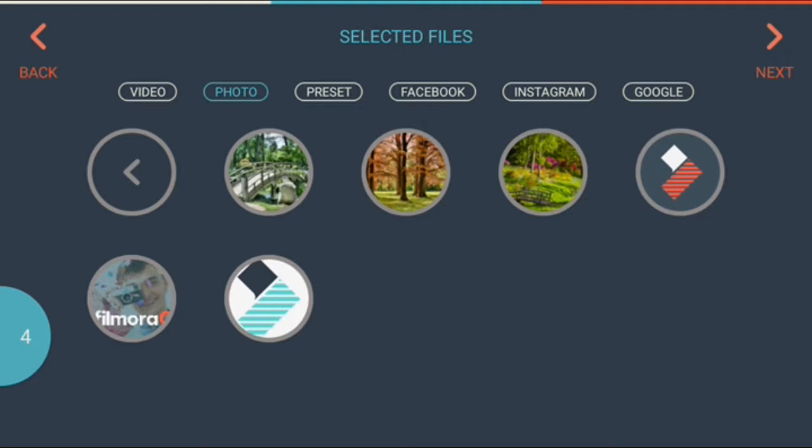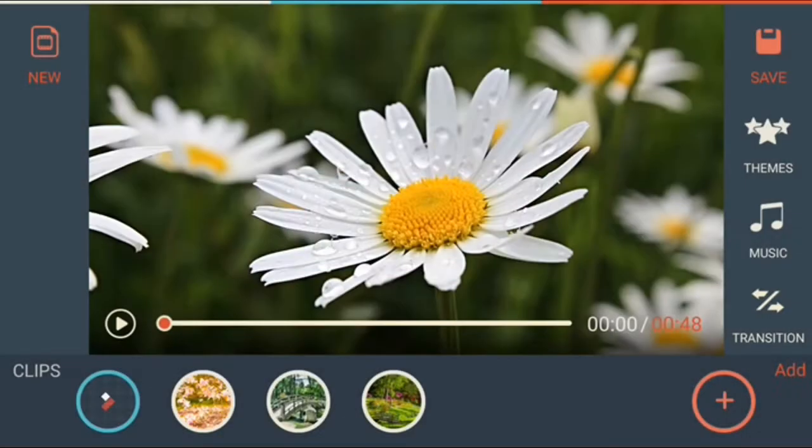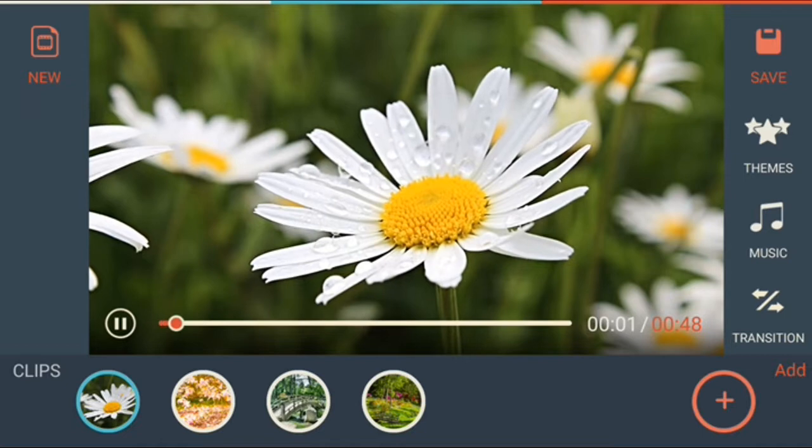So at this point of time we will select the next button. This processes the video and photo clips, and all the clips are placed in the timeline, which is at the bottom of the screen. The clips order is: first, the video file with background music; second, the video clip without background music; third, the photo clip; and fourth, the photo clip without any background music. Here the option is we can play and see the video clip.